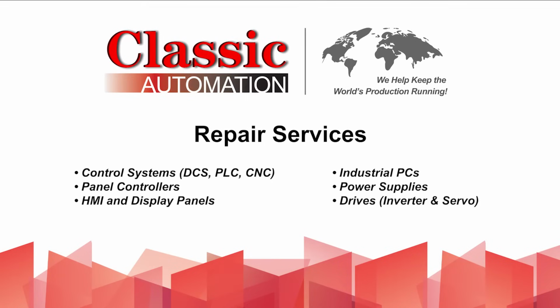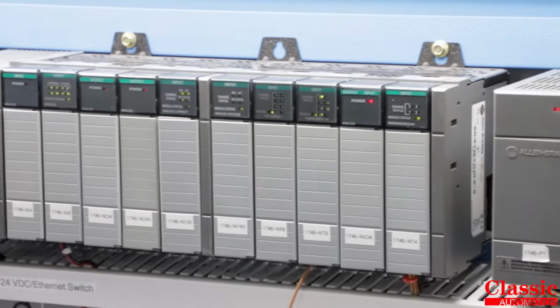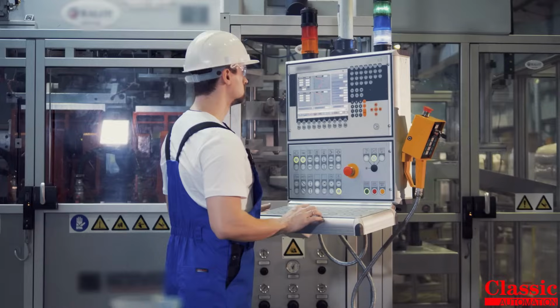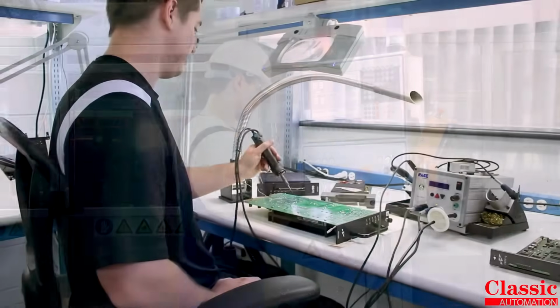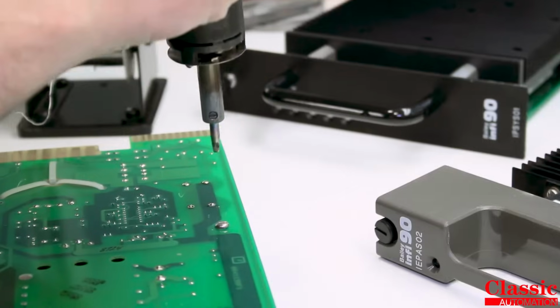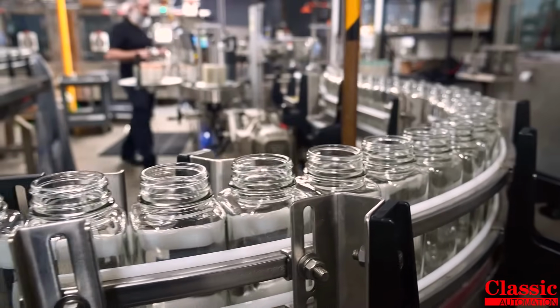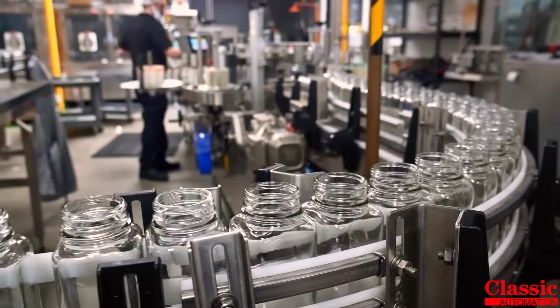At Classic Automation, we help keep the world's production running. Do you have defective PLCs, drives, operator panels, or industrial PCs? Expert electronic repair services from Classic Automation will minimize disruption to your production, help increase your uptime, and avoid unnecessary